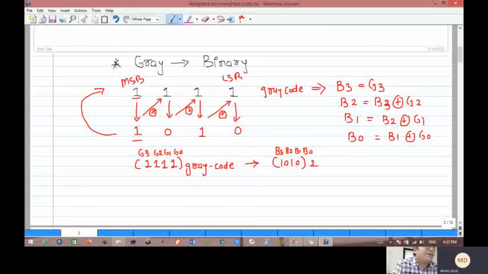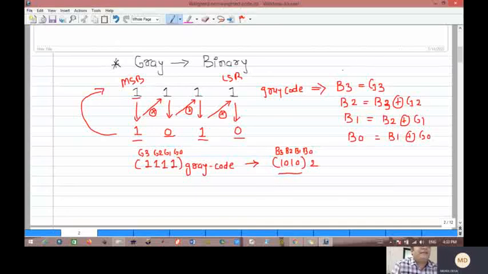Now the XORing operation: whatever answer we are getting, that answer value we have to XOR with the next digit. So 1 XOR 1. In binary to gray, we do XORing with the next digit, but here we do XORing of the answer with the next digit. So 1 XOR 1, both are same, so the answer is 0. 0 XOR 1, both are complement to each other, so the answer is 1. 1 XOR 1, both are same, so the answer is 0. So it is nothing but 1 0 1 0, and we get the same answer. So this method is true.